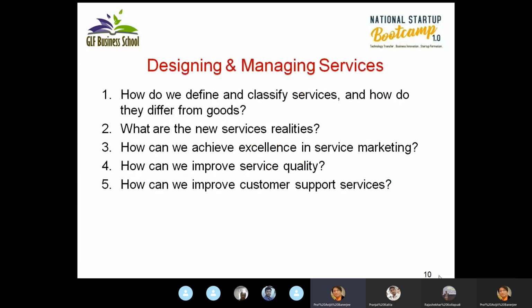Now I will move to another important topic, designing and managing services, where we will find answers to these 5 questions. Now we know that superior service providers consciously strive to create a memorable customer experience by nurturing a culture for serving. They go beyond efficient and effective service design and responsiveness to bring some degree of spirituality in service. Please note my words, degree of spirituality in service. Philip Kotler wrote this in his book Marketing Management, A South Asian Perspective. This degree of spirituality in service is a very important concept in creating value,